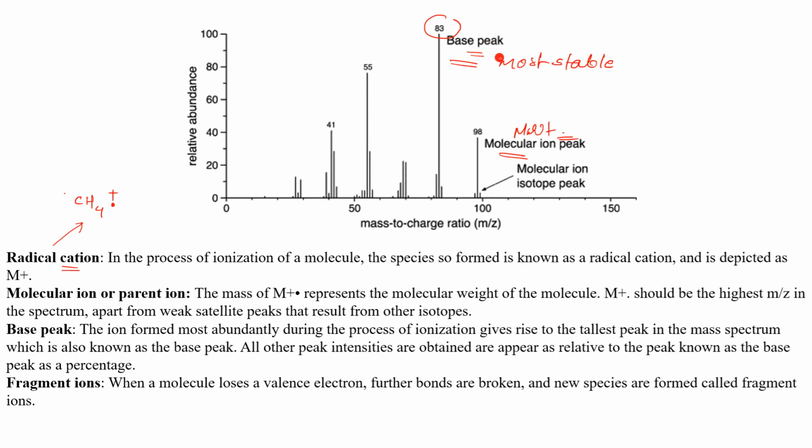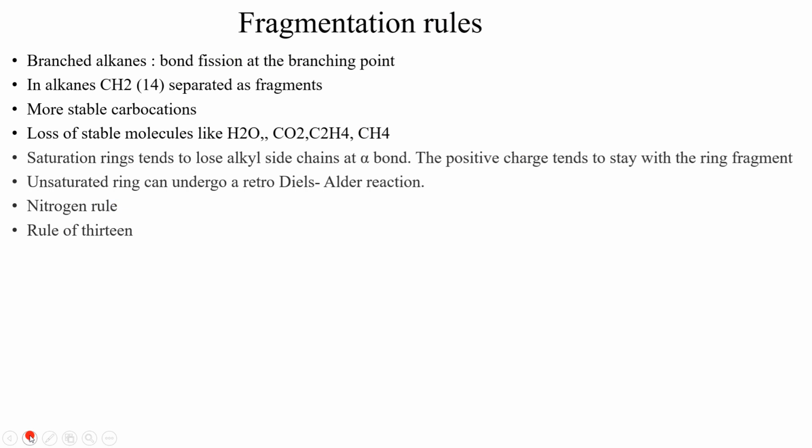Okay, so in a mass spectrum, you get the base peak and the molecular ion peak. Not necessarily are the base peak and the molecular ion peak the same. In some spectroscopic methods they may be the same, but most of the time they are not. The remaining lines you can see over here are the fragments. Because you are bombarding the molecule with a high-energy electron beam, the molecule breaks in different ways, producing different fragments.